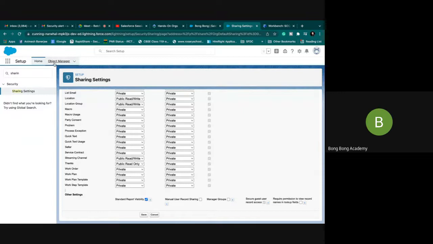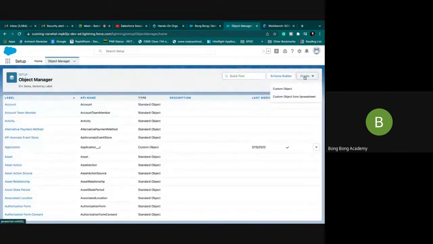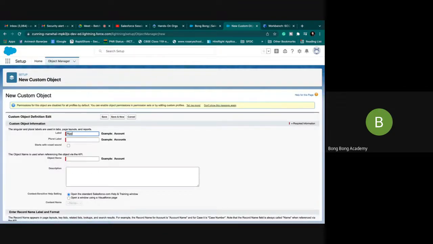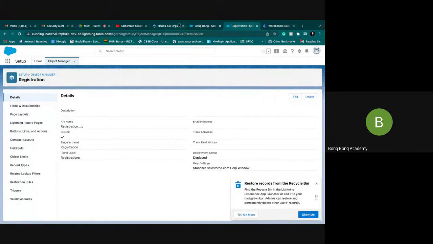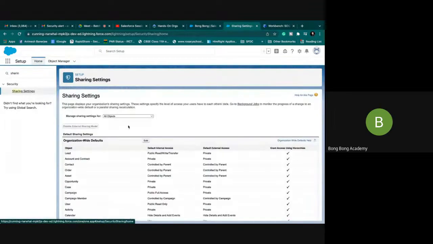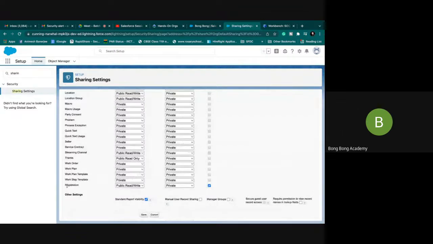Okay, let's create a custom object. Now you see registration object, you can uncheck this.